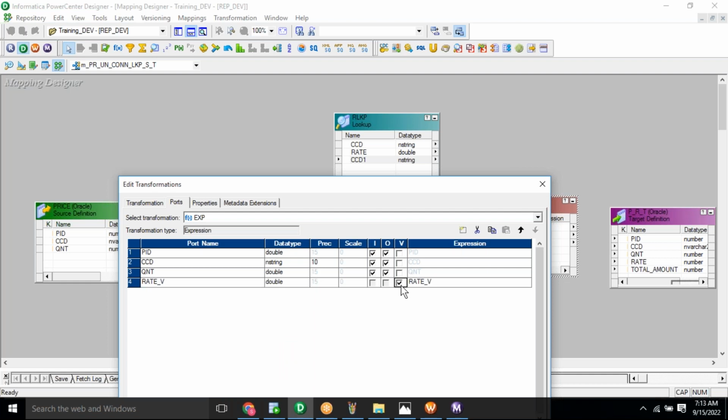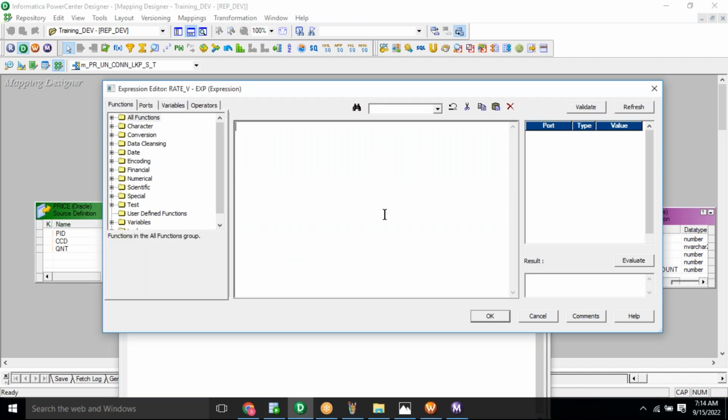I repeat, to pass the input value to the unconnected lookup transformation, in expression transformation we have to create a variable port. To create a variable port, we create a new port and name it, make sure of the data type, and then enable the v checkbox, and then click on this down arrow. I will tell you later why I have given the port name as rate underscore v. For now, you just have to create a variable port, enable the v checkbox, and click on this down arrow. Here you have to write